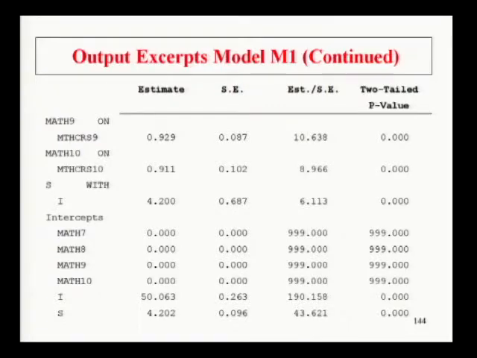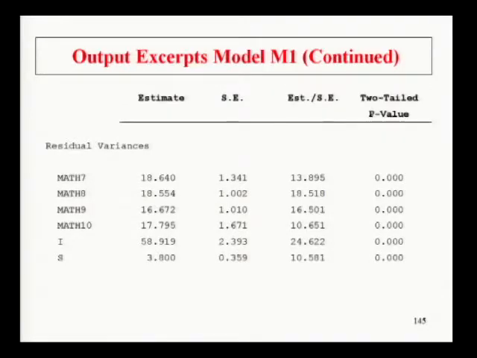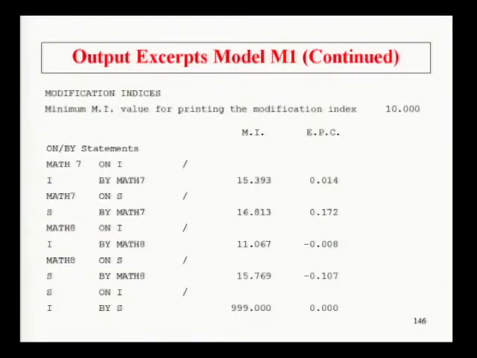You can actually test whether they're equal or not by doing a second run where you hold them equal, and then you have two nested models, and you can take 2 times the log likelihood difference to get a chi-square test of the equality of effects of the time-varying covariates onto the outcomes. Let's see, is there anything else of interest here? Not really. You have modification indices,